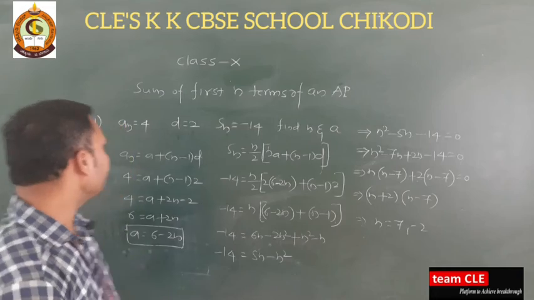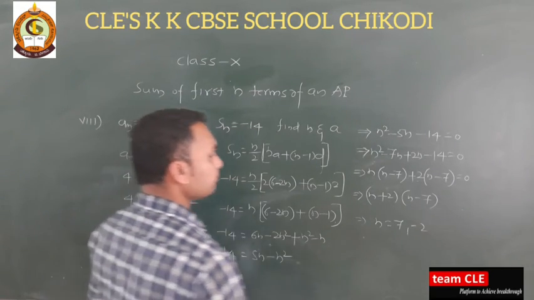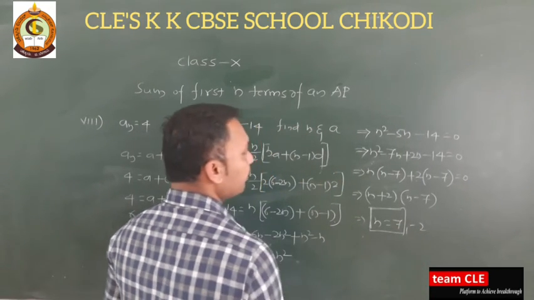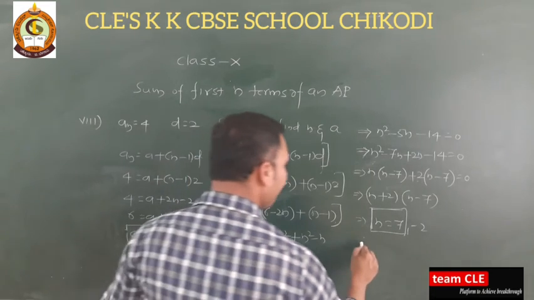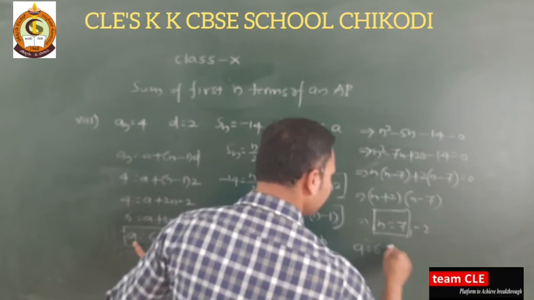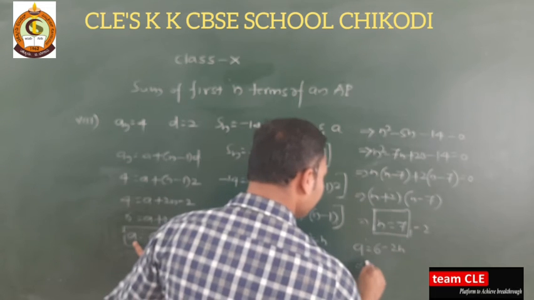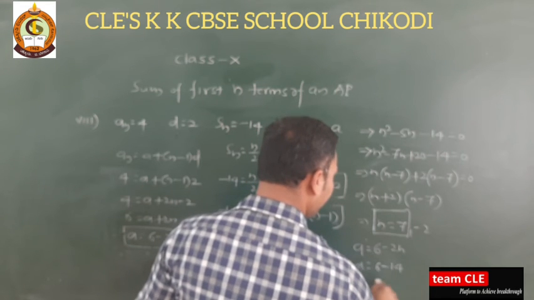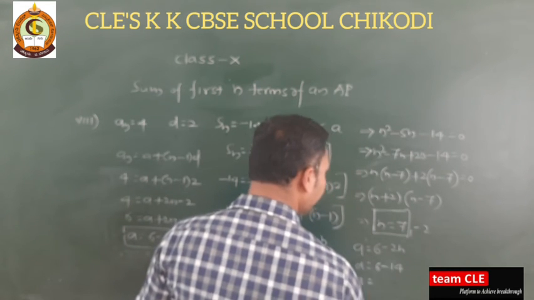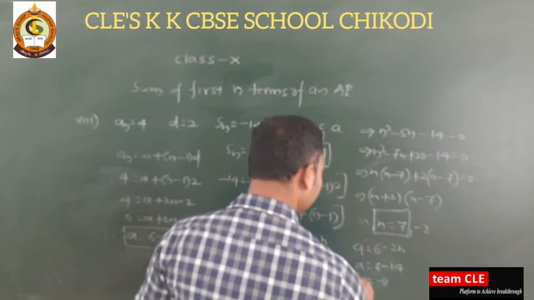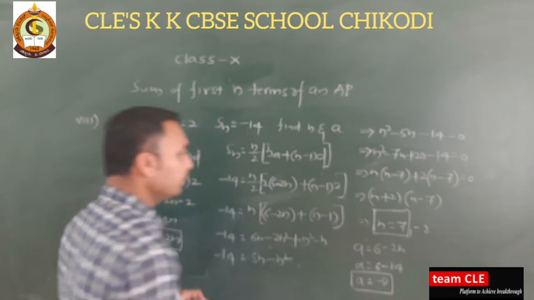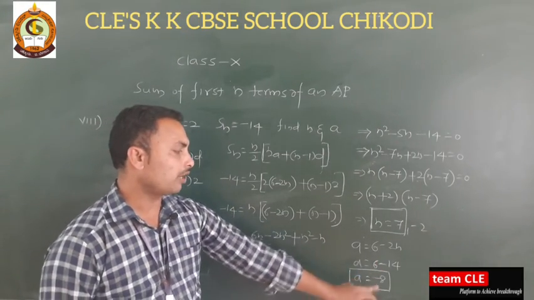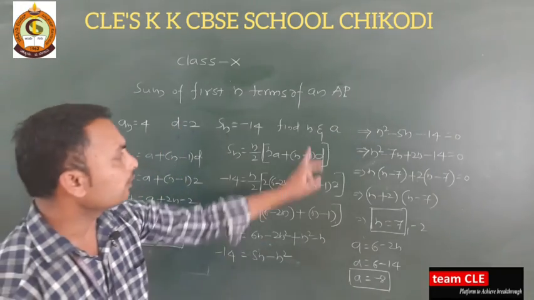So once you got n is equal to 7, what we need to find? The value of a. So how to find the value of a? A already we have, it is a is equal to 6 minus of 2n. Now a is equal to 6 minus of 2 into 7 is 14. Now a is equal to 6 minus of 14, how much we will get? We will get minus 8. Isn't it? So 2 into n is 2 7s are 14, we will get minus 14 and plus 6 will get minus 8.